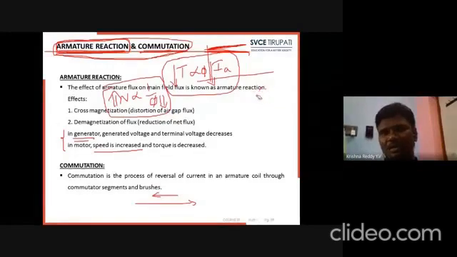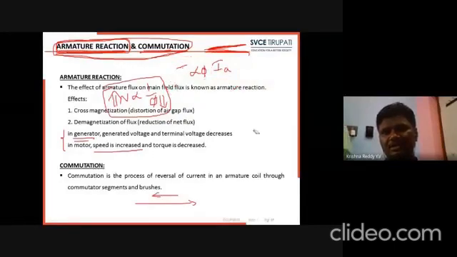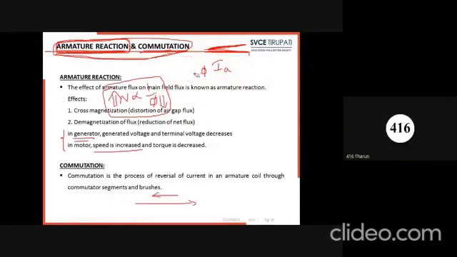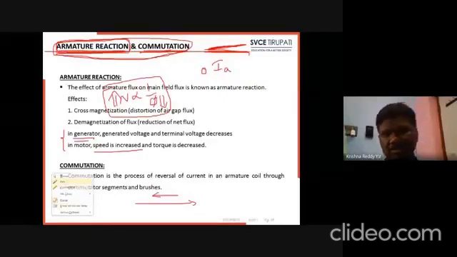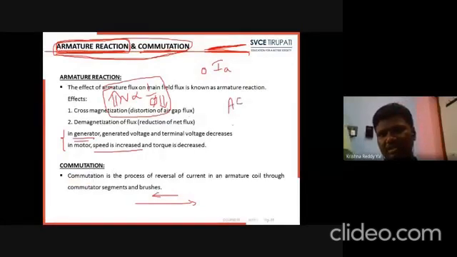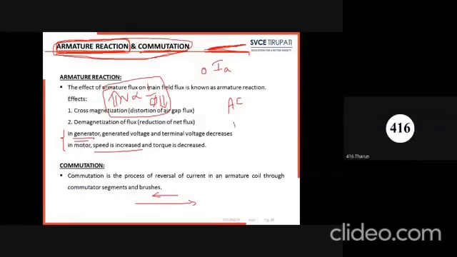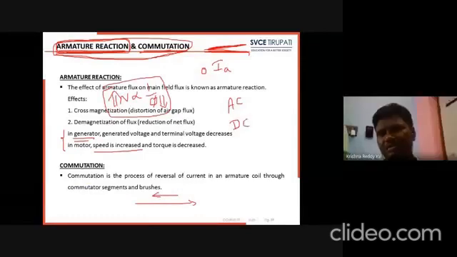Here we are getting what type of current in the armature conductor? The nature of current in the armature is AC. But when you are collecting the current from the armature conductors to the external load, what type of current flows in the external load? By using the split rings, we are getting DC.